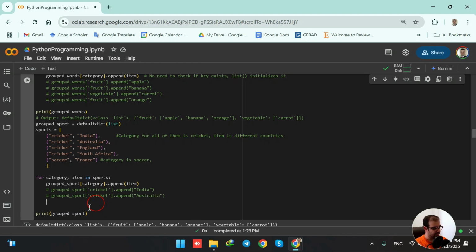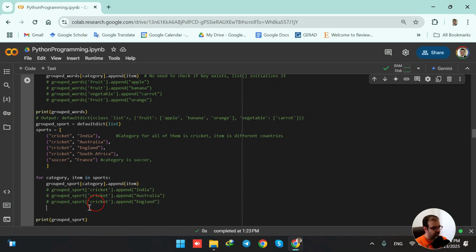Then we have grouped sport, again cricket.append England. In the next iteration, we have grouped sport, and we are appending the South